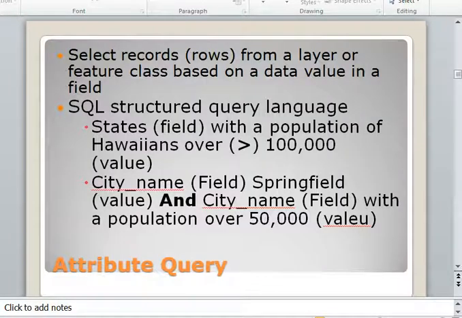Okay, anyway, so when we do a subset, one of the ways that we do that is structured query language, or SQL, and we do that on one of the fields. So you would click the field state in your select by attributes. You would say, I want to query on the state field, and I want all of the state layer, and all of the populations that are greater than 100,000, right? So that would give you just the counties in